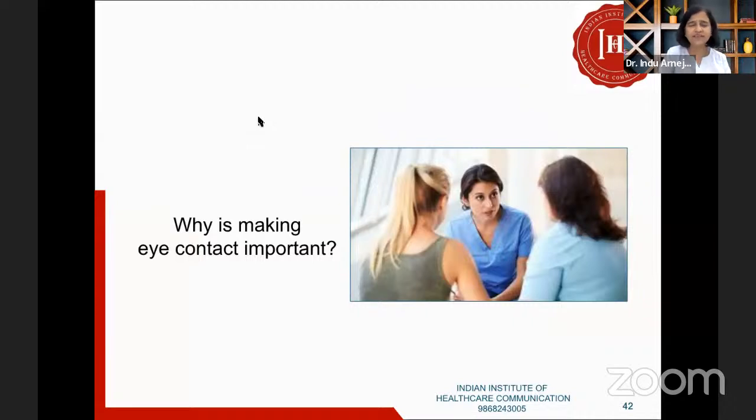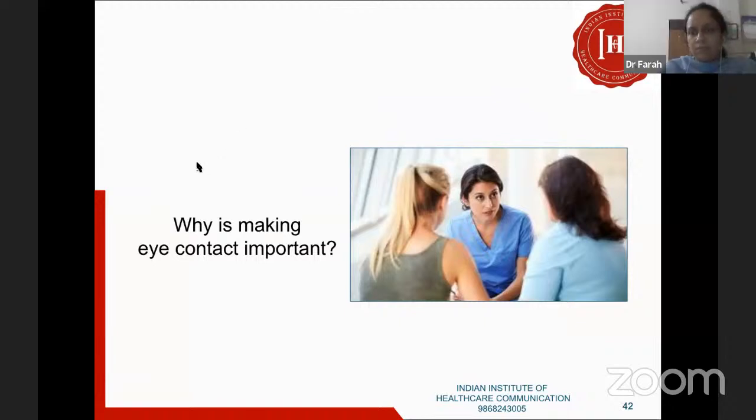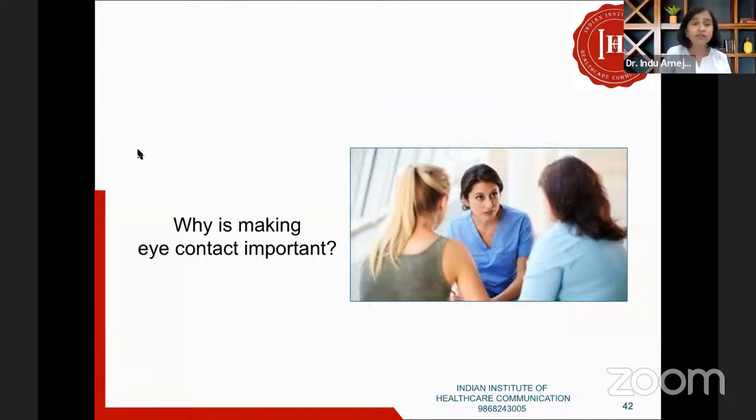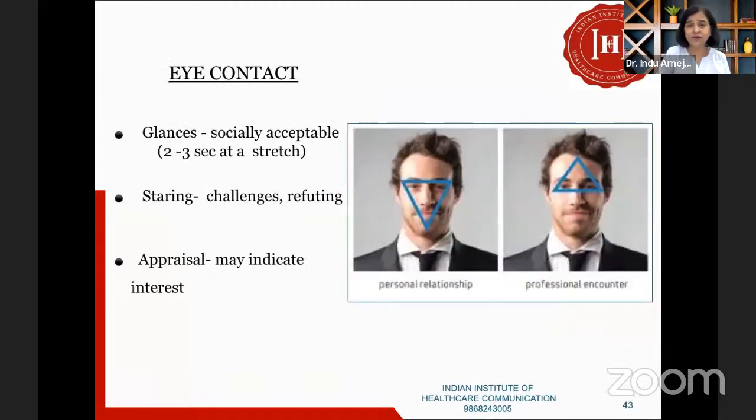And of course, the answers that you have given, it will instill confidence, it will win the patient's trust. The patient will feel I'm being heard. The person who is attending to me is listening to me. The patient will feel hopeful. Yes, absolutely. So it's very important to make eye contact with the person. And it also shows that you are attending with complete 100% attention.